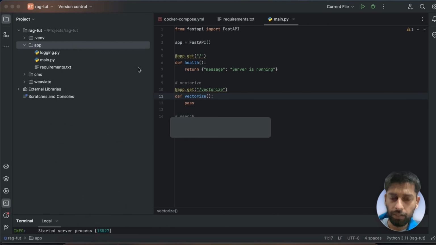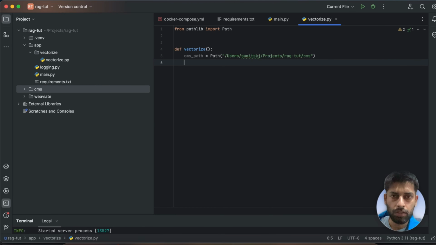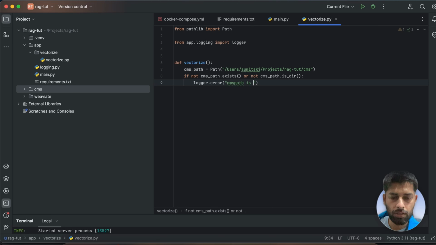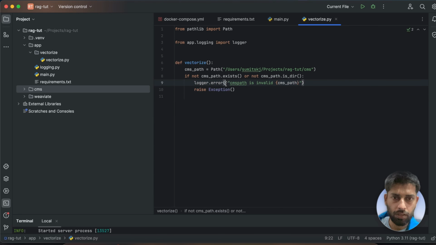So in this vectorize method, we would first try to get all the files which are present in our CMS folder. So let's do it first. So CMS path equal to... So here in this code, what I've done is I have fetched all the files which are present in this